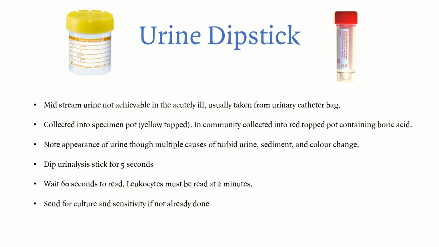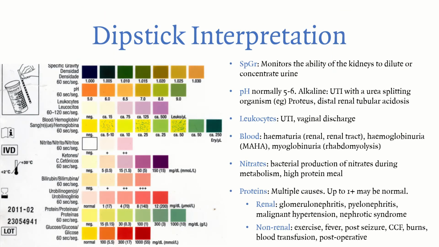This specimen of urine is collected into a specimen pot, which is yellow in the hospital. Then you dip your urinalysis stick for like 5 seconds, and you wait like a minute to read, and the leukocytes, the white blood cells must be read at the 2 minutes mark. And then you send for culture and sensitivity if you have some suspicions, or if you're doing a sepsis screen. So how to interpret the dipstick? One thing I would suggest is to take one from the wards and just ask the nurses to give you a urine pot with a dipstick analysis, and you just have a look and read it, and you just familiarize yourself with